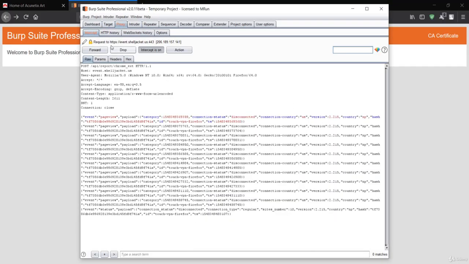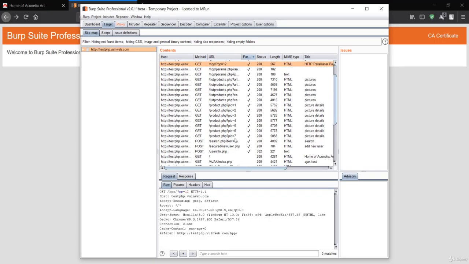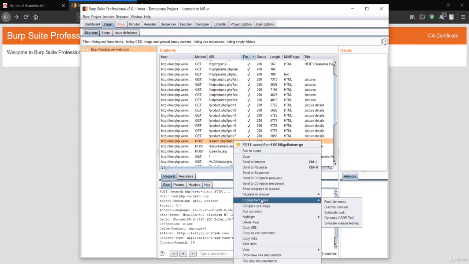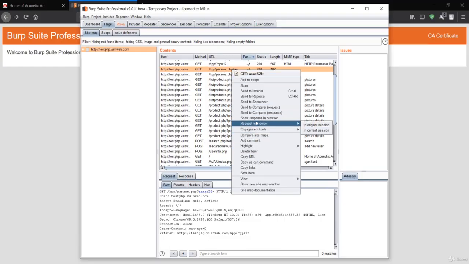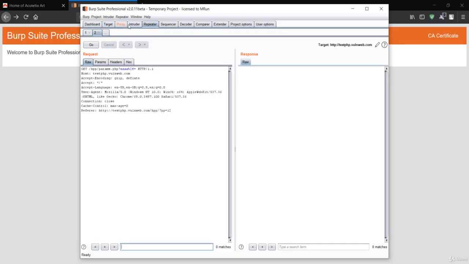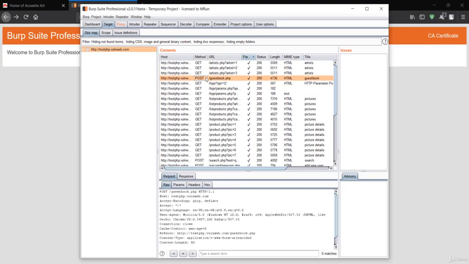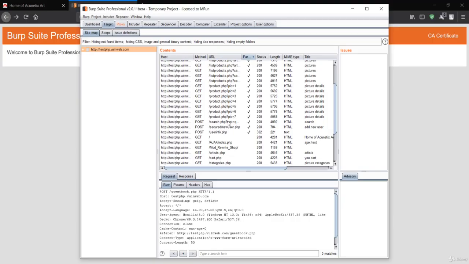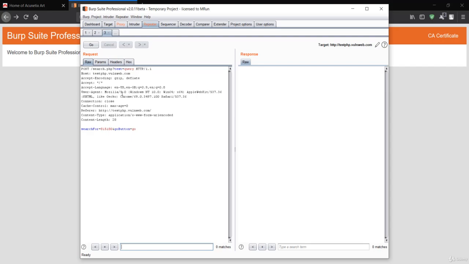So let's go to the proxy, let's go to the target, and see if we can get another parameter. Let's test for this test field. So I'll just go here, and okay, let me go for this one. Let's send this to the repeater and see if this works or not. So let me see the repeater, and instead of a GET request, I'll search for the POST request. So we have a POST here for the test. Send this to repeater to see if it has any XSS attack.